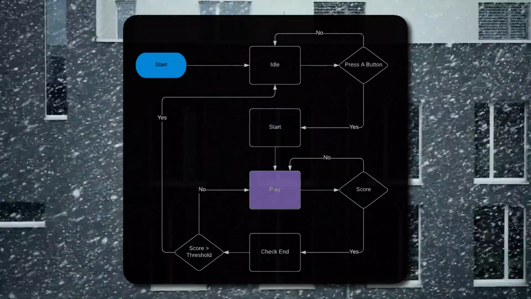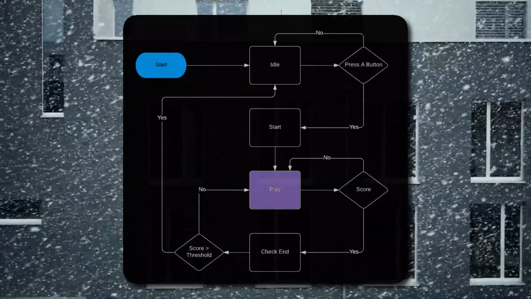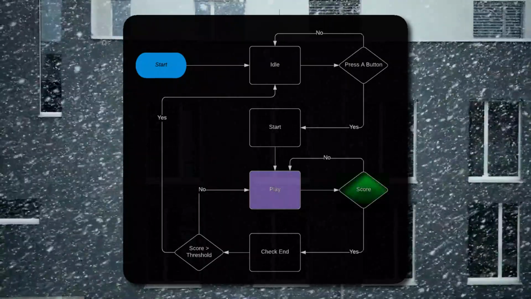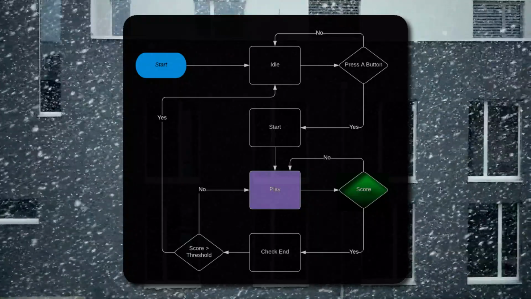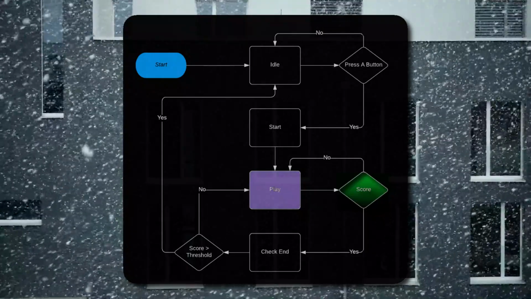After the start state, we've got the play state. We move the ball, control the paddles, and check for collisions during this state. If a scoring event happens, we will iterate to our next state. This will handle most of our active gameplay.